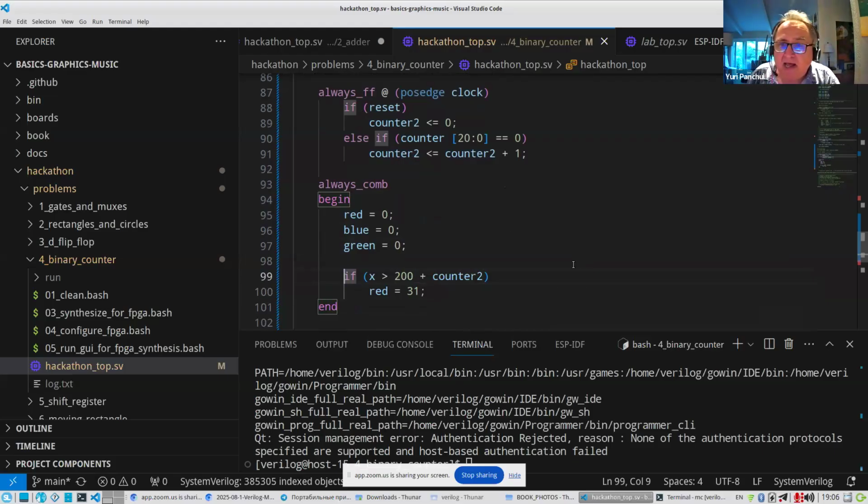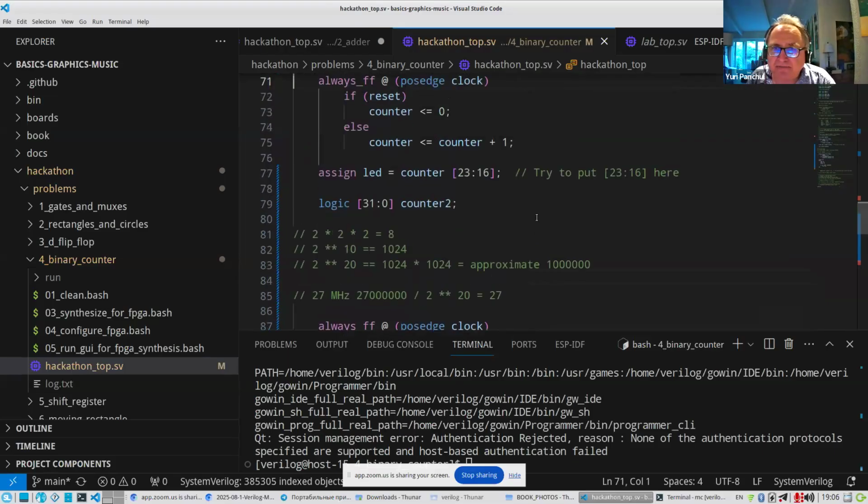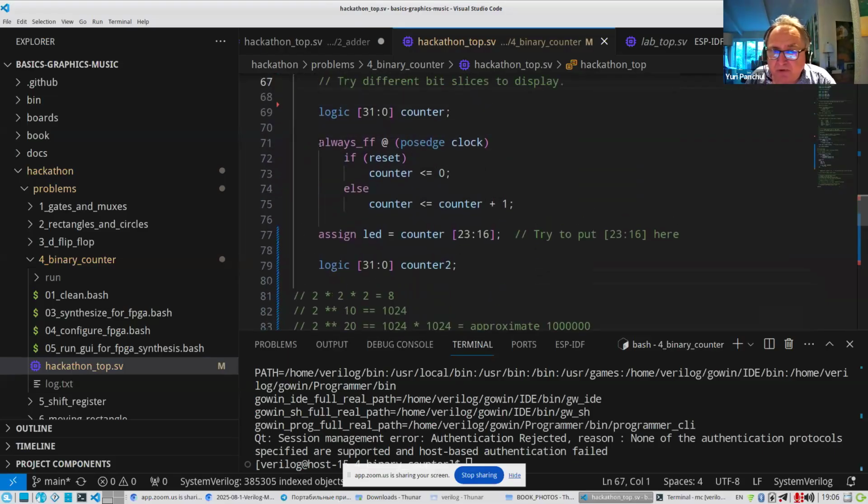So now, let me repeat it again. We are using the first block of code always at posedge clock to make a variable which simply increments by 1, 27 million times a second.